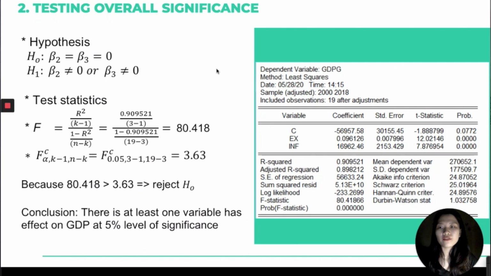We have beta 2 as export and beta 3 as inflation. So we do the F test and we can see that the F statistic is greater than the F critical,